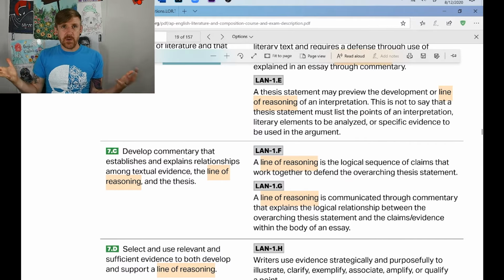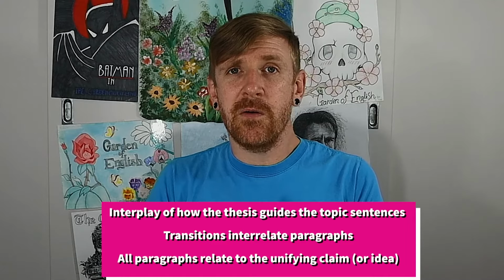So what do we do? Well, if you're like me, you'll take this definition and try to make it a little bit more palatable for kids, so that they have a little bit more instruction within the definition. Not that these definitions are bad, they're great, by the way. So I'm going to give you right now my definition, and we'll make sure it gets typed out right here. When I have kids take notes about the line of reasoning, because I want them to know how to put this in their paper or how to evaluate it in somebody else's essay, I tell them that the line of reasoning is the interplay of how the thesis